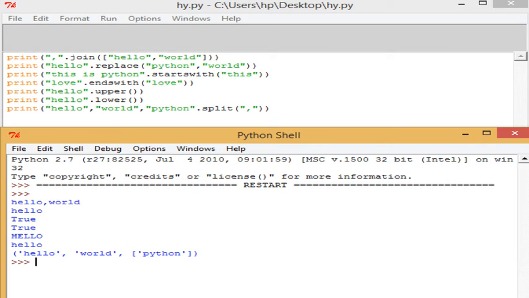Next kind of function that we are using is uppercase and lowercase. When I have written it as upper, you can see that hello has converted all into uppercase letters. When I am using lowercase, you can see that hello has stayed in lowercase as it was already in lowercase letters. So this is the function of uppercase and lowercase letters.